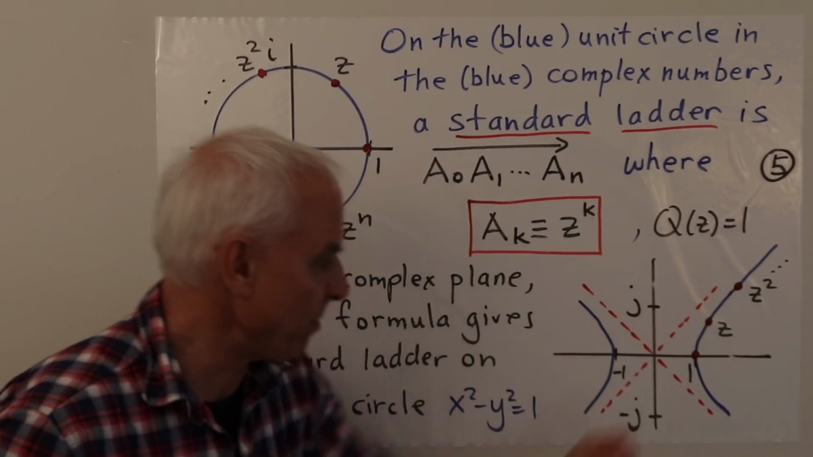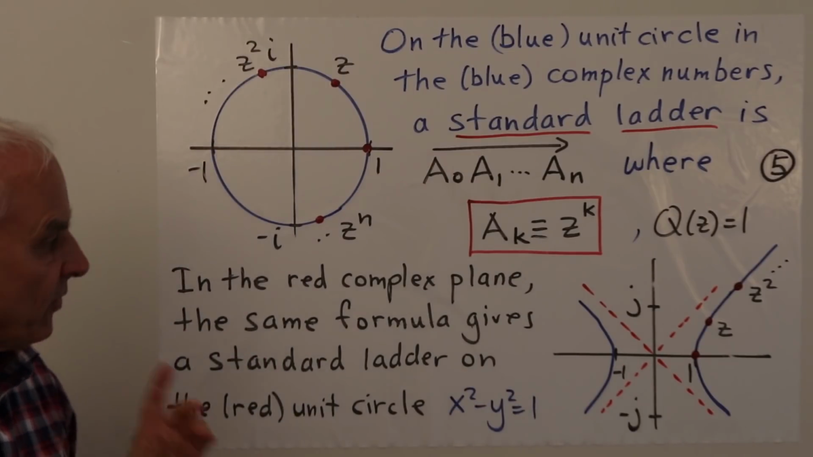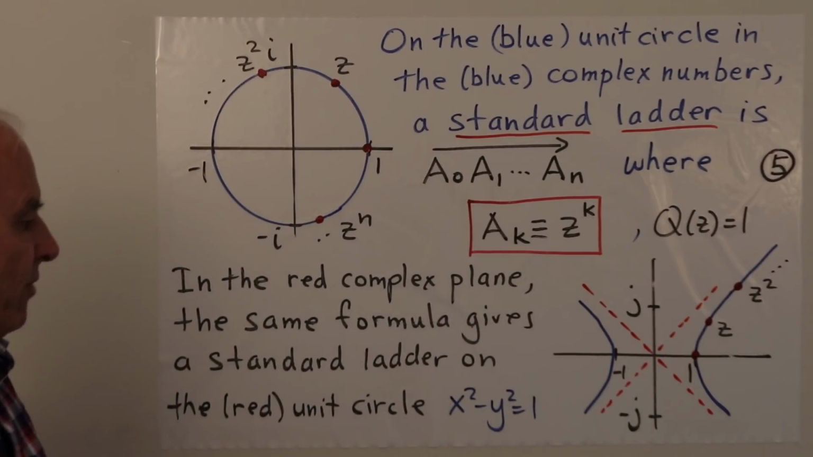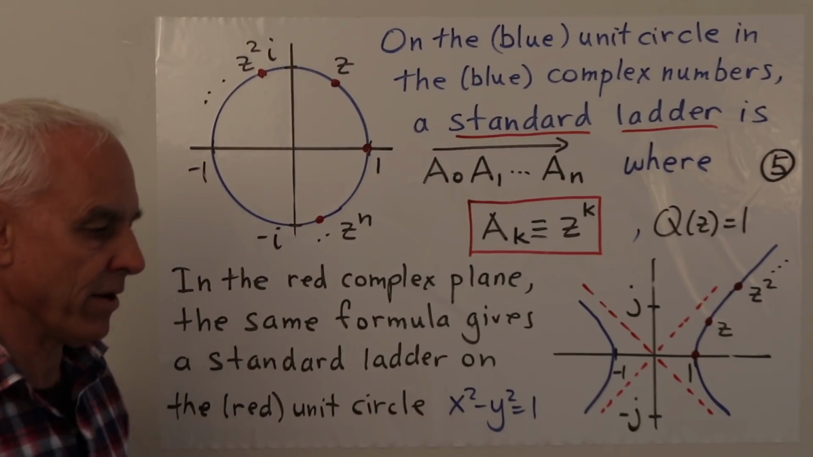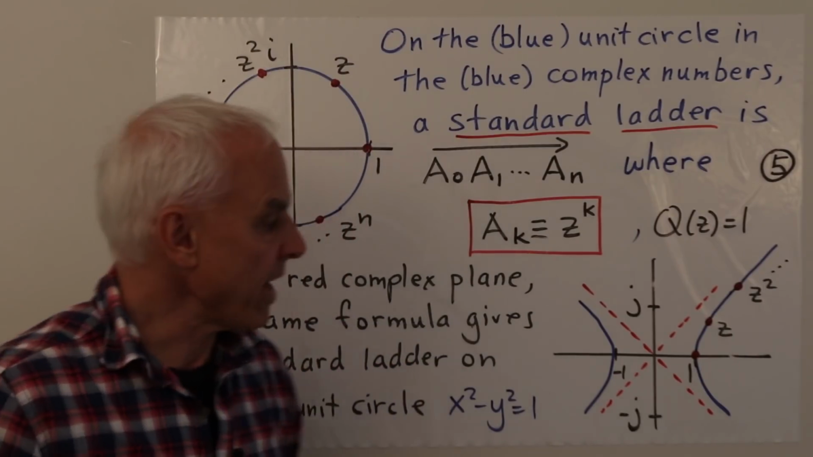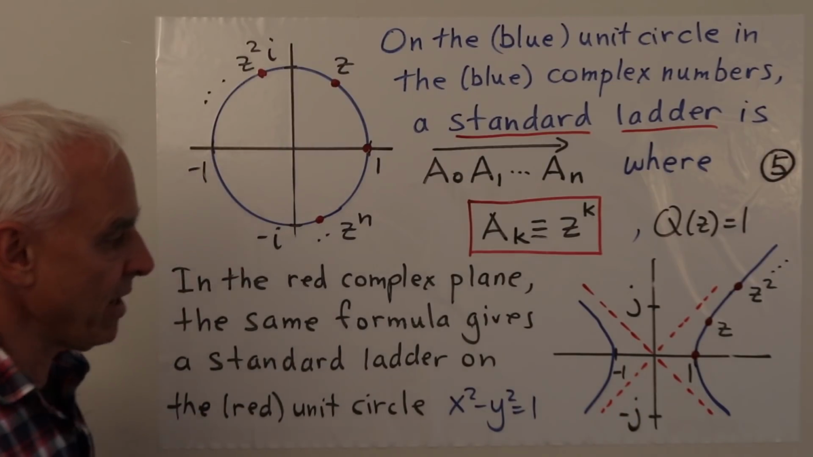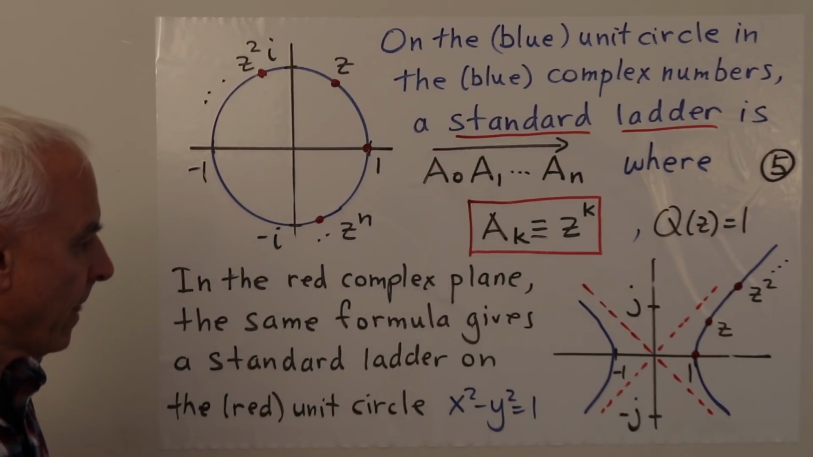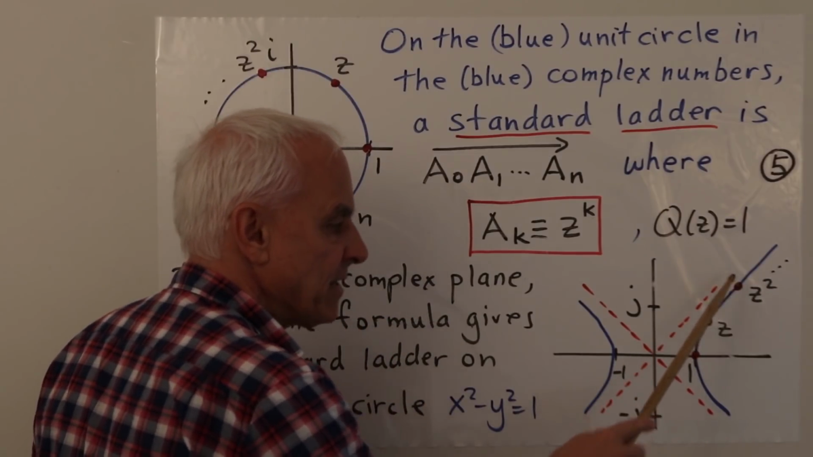So here's the red complex number. Instead of having an I, there's now a J there. I remind you that J squared is equal to 1. Here is the unit circle in the red story, the curve with the equation x squared minus y squared equals 1, what we sometimes call a relativistic hyperbola. Okay, so we can do the same thing. There's the number 1 lying on this hyperbola, and here is some point Z also on the hyperbola. So we can form a ladder by taking powers of Z